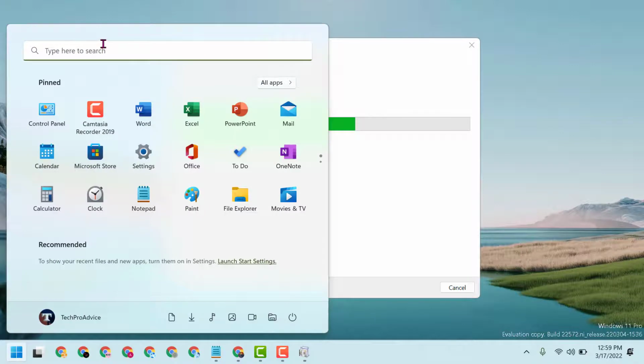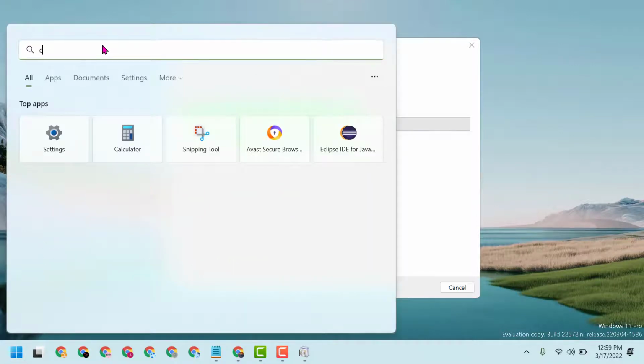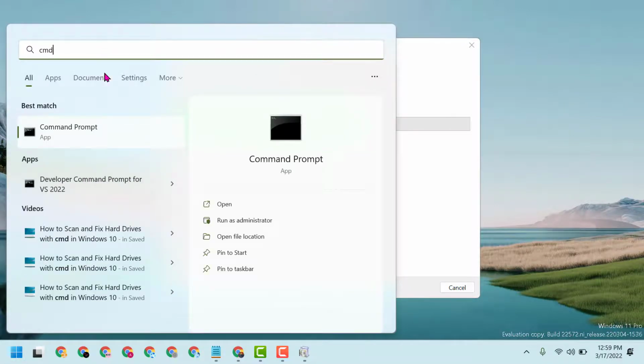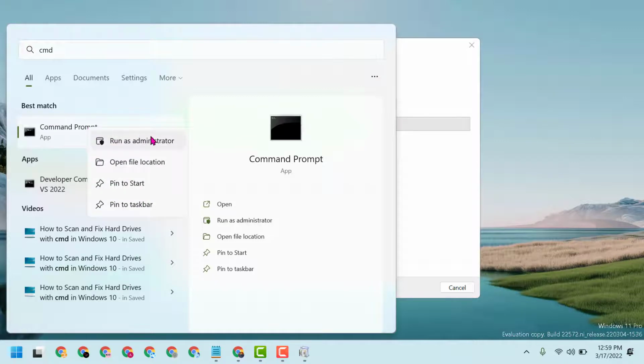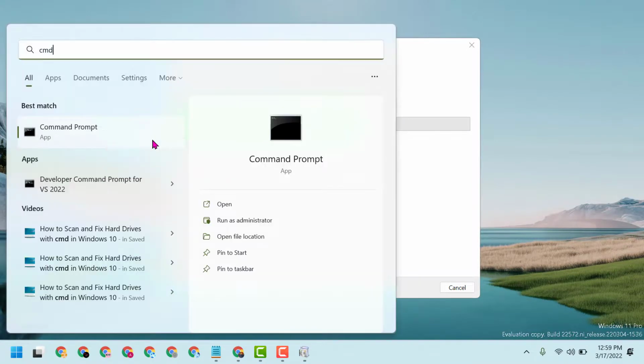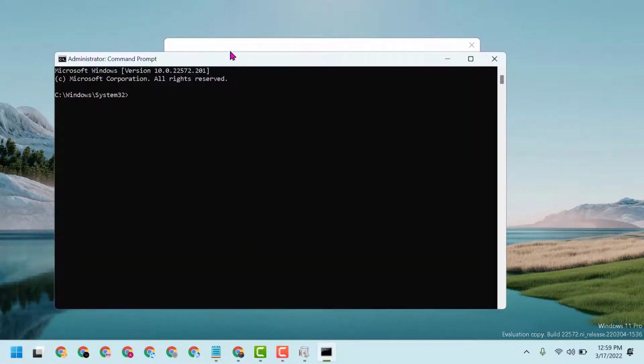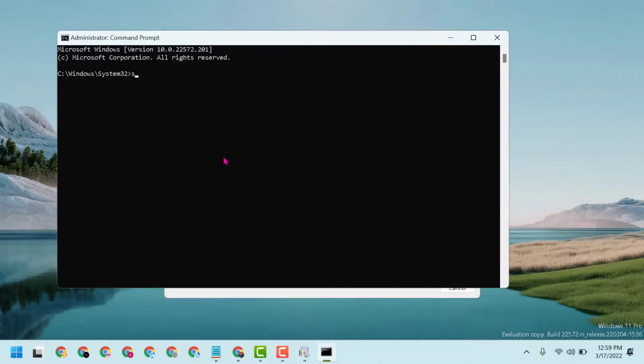Click on Start, type here cmd. Right click on Command Prompt and run as administrator. Here guys, you have to type this command line: sfc /scannow. So type this command line and press enter. Guys, it will take a couple of minutes to complete this scanning, and once the scanning completes, close and